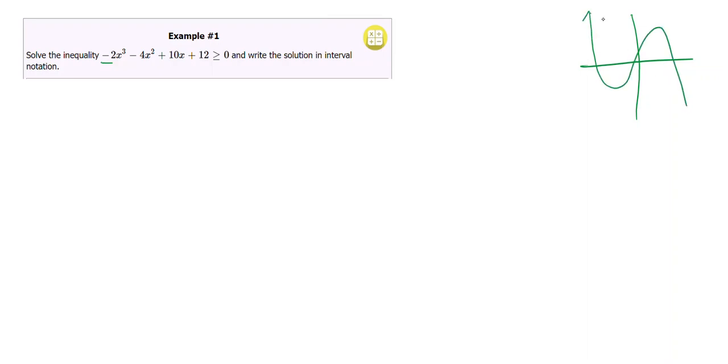Okay? And we are interested in the intervals where this function is above 0, like it is over here, and where it's below 0, like it is over here. Okay? So what we're going to want to do is factor this function first, and then we're going to be able to test some values to see whether or not the function is above 0 or below 0. Okay, so let's write down the function again. So we've got negative 2x cubed minus 4x squared plus 10x plus 12 is greater than or equal to